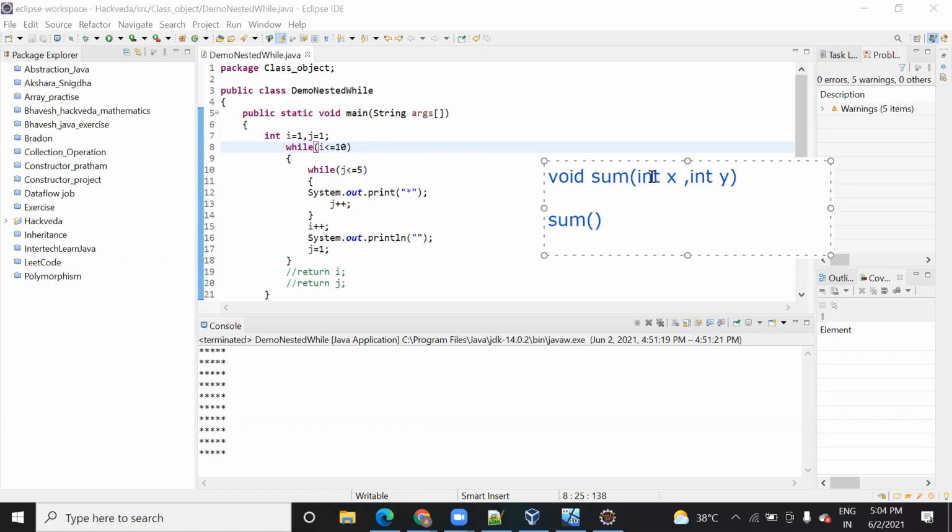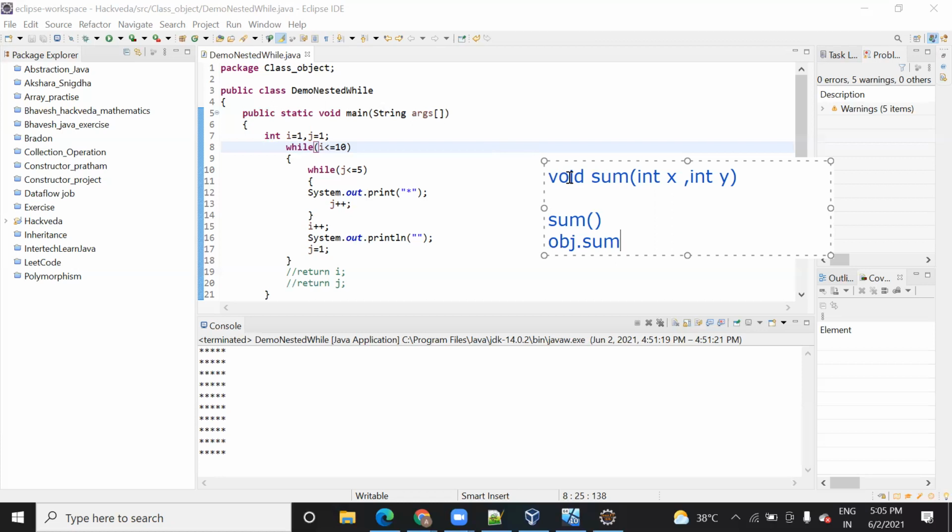Okay. So here in Java, we create an object, and with that object, we call a method. Suppose we create an object obj, and I call a method with the help of the object. In object-oriented programming, we usually call a method with the help of an object. But this is the main method, so you don't need to call it with any object.